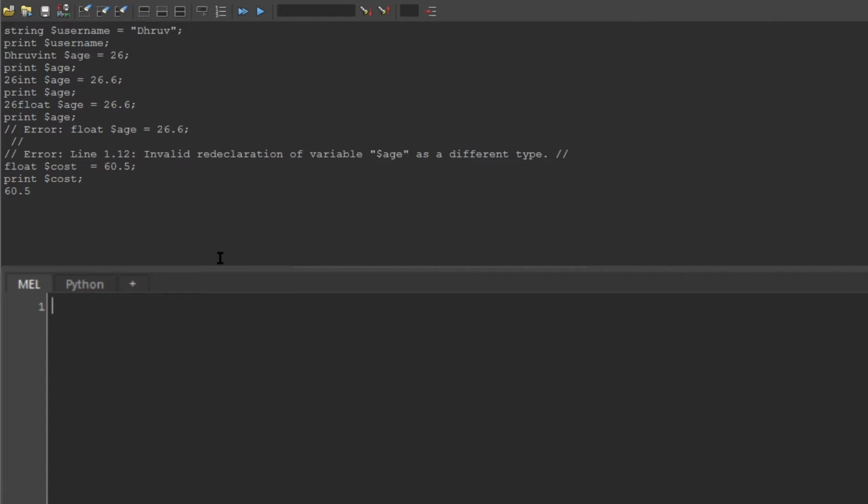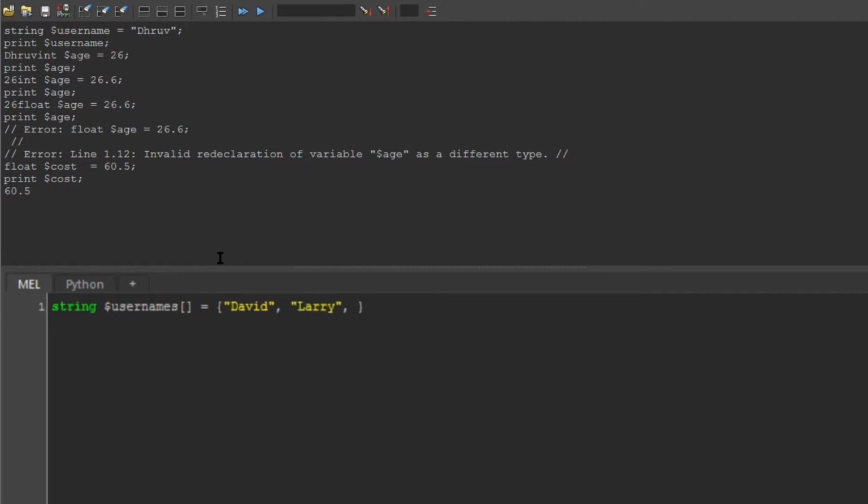Other than the three simple variables, we also have three compound variables. First up is an array, which is a list of a single type of variables. We define this the same way we define other variables. Let's define a string array. So we say string, we give it the variable name, so we'll say usernames. And to make it an array, we simply put two square brackets at the end of the variable name. And to give it a value, we use curly braces, and inside that, we give it the values separated by commas. So I'm going to say David,